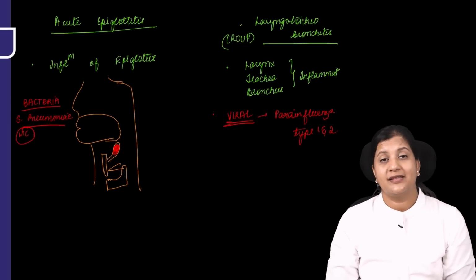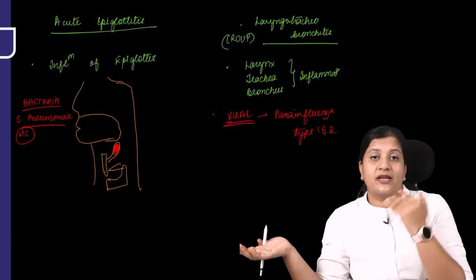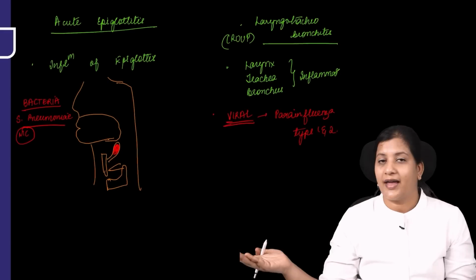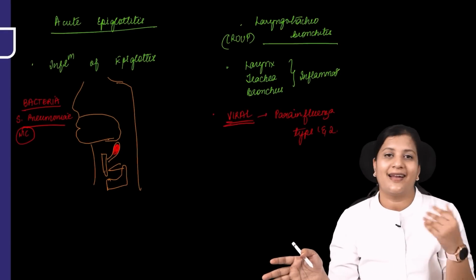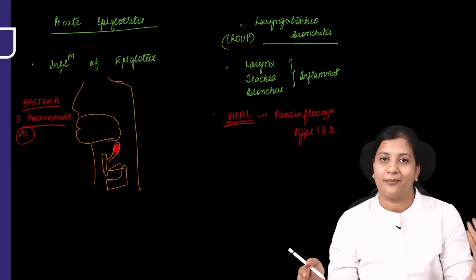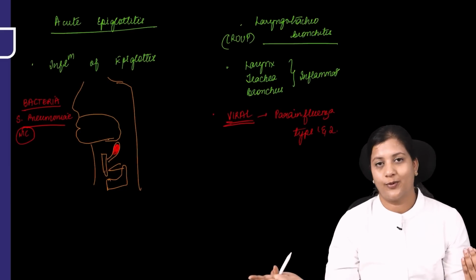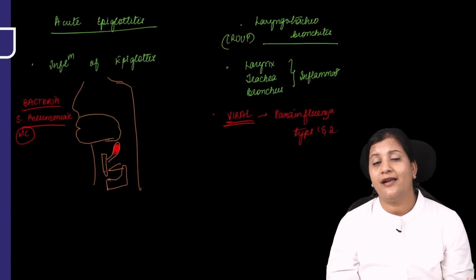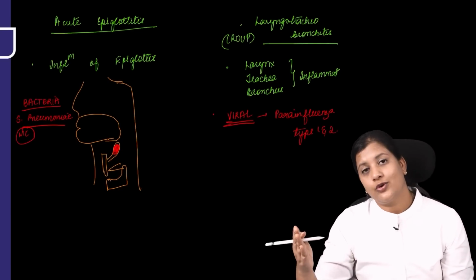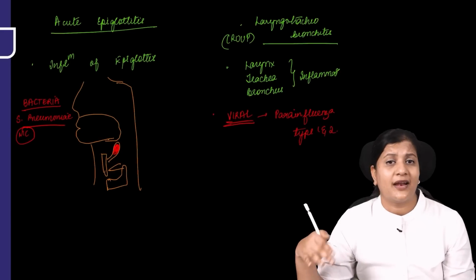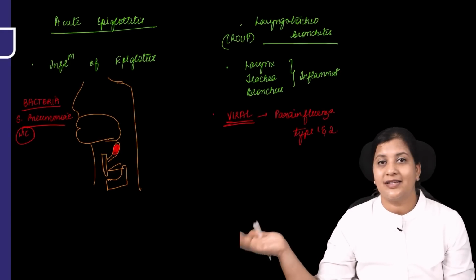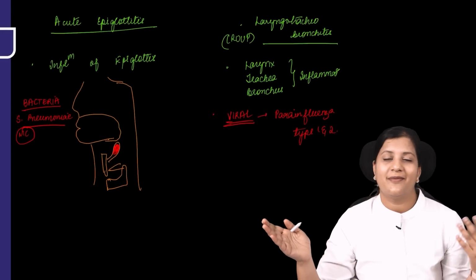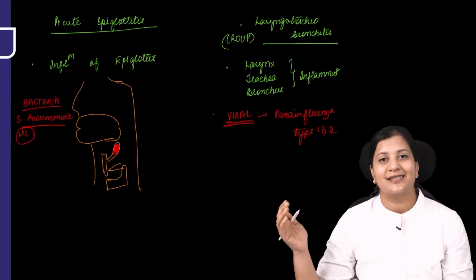Now please remember, when I say most commonly para-influenza, most commonly Streptococcus, it doesn't mean that other bacteria and other viruses will not cause this. So we can have epiglottitis because of H influenza, Streptococcus pneumonia, Enterococcus, and so on. And also Croup caused by para-influenza, by rhinovirus, respiratory syncytial virus, and so on. But most commonly by Streptococcus pneumonia in epiglottitis, and